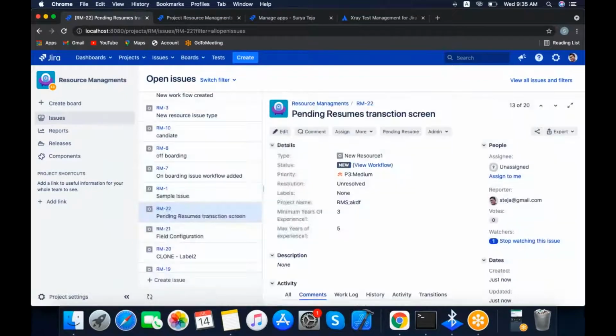This is the ticket we have created. When we move the status from new to pending resume, it needs to show one screen.